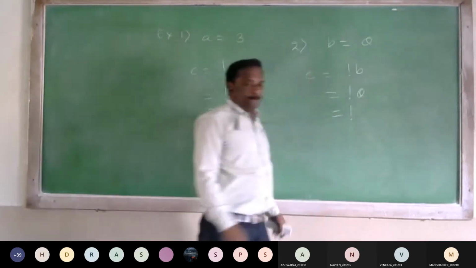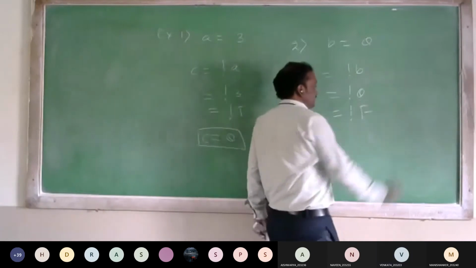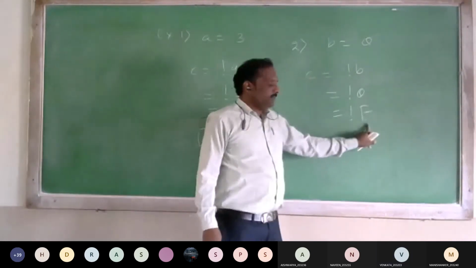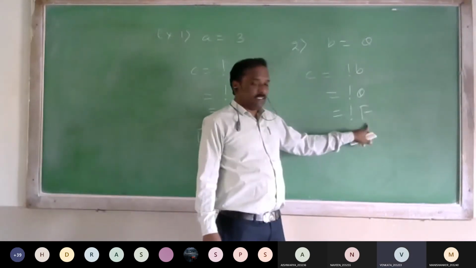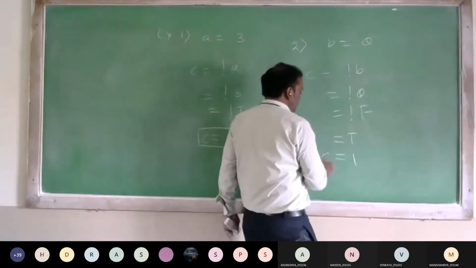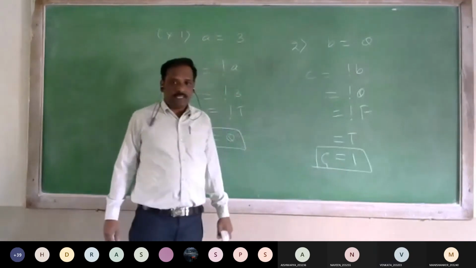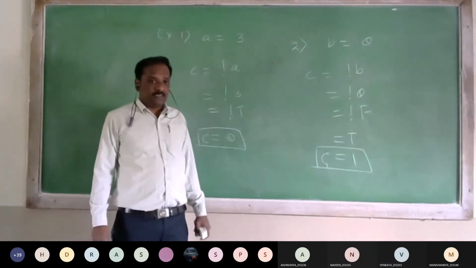What is 0? 0 means false. Not false means true. What is the computer value for true? Computer value for true is always 1. The resultant value will be always 1.